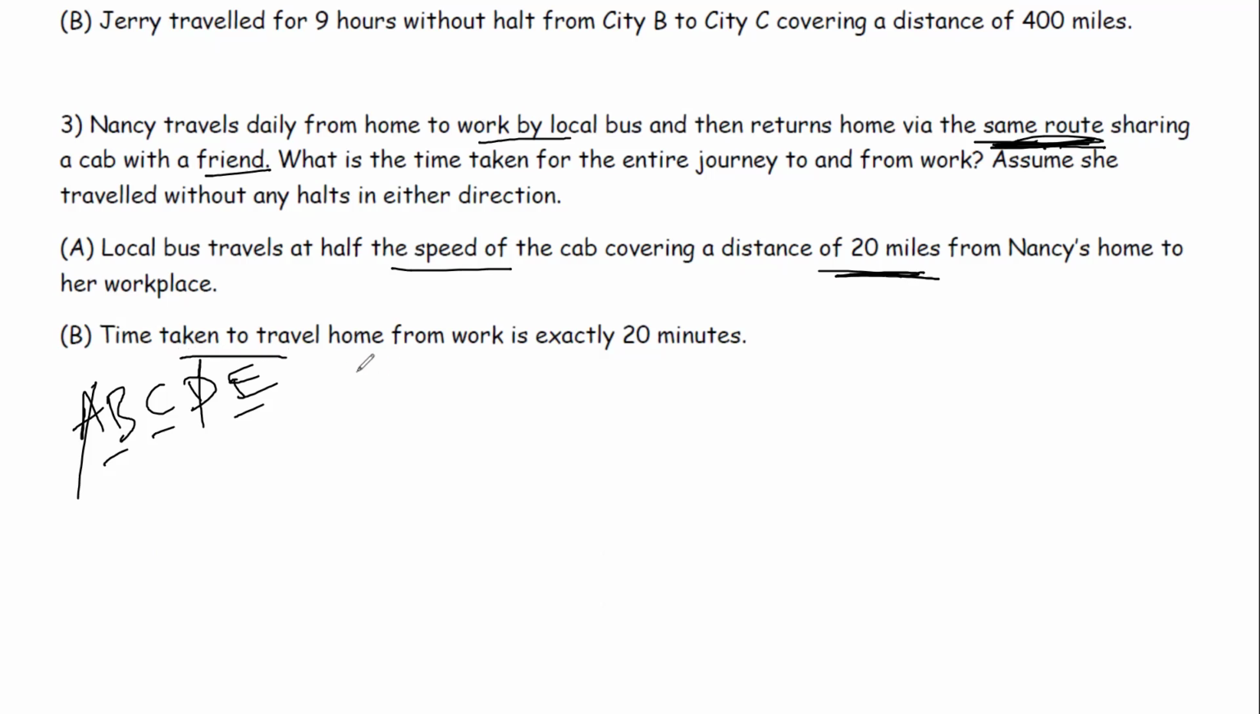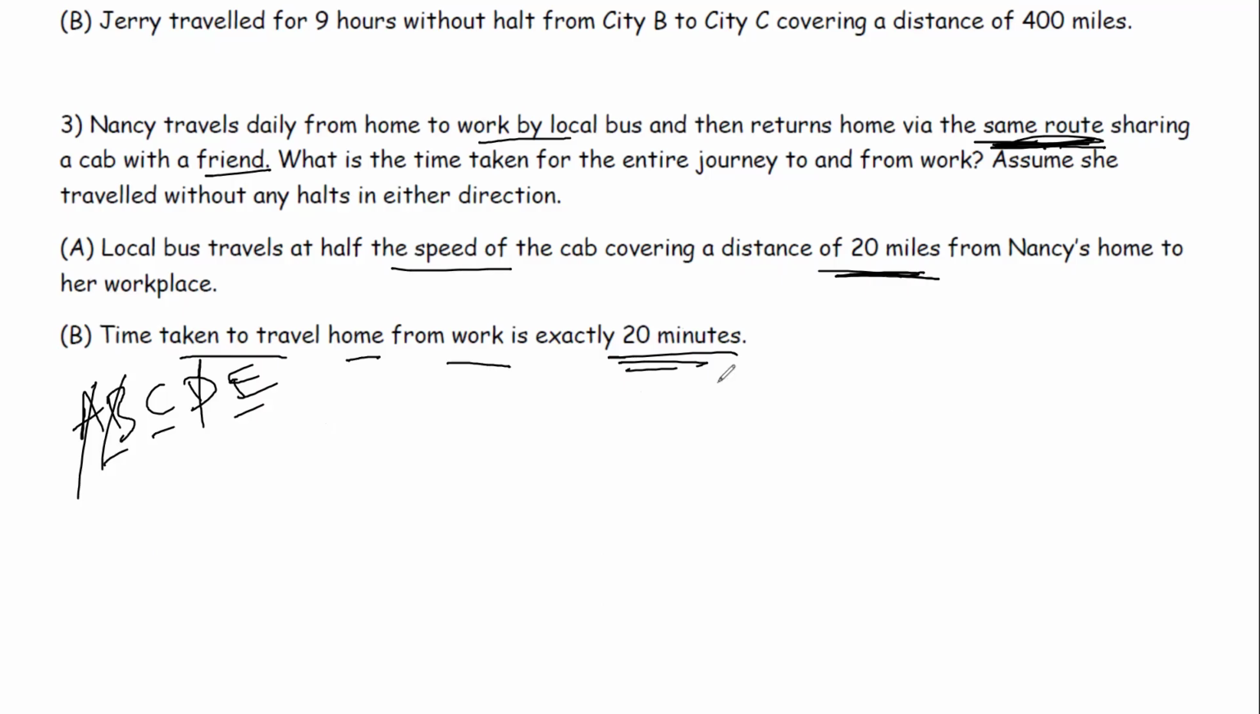Time taken to travel home from work is exactly 20 minutes. All right. But yet we don't know the speed of coming back, going, right? We don't know anything. Just we know the time. All right. So B doesn't answer. Taking both together. Now both together, we come to know